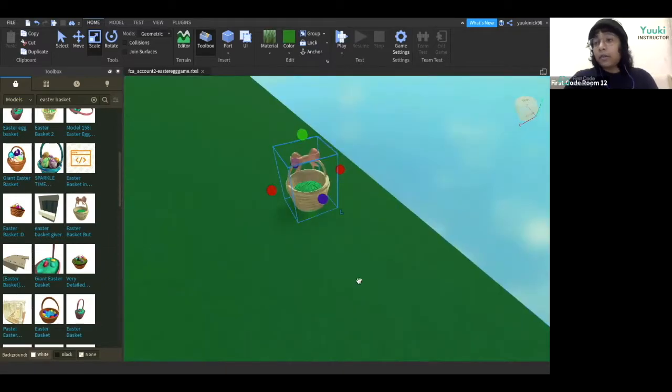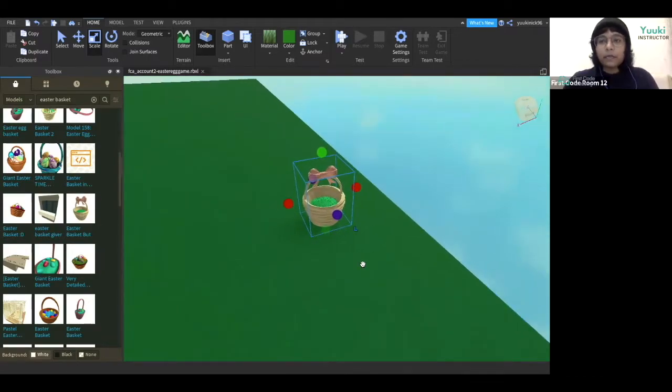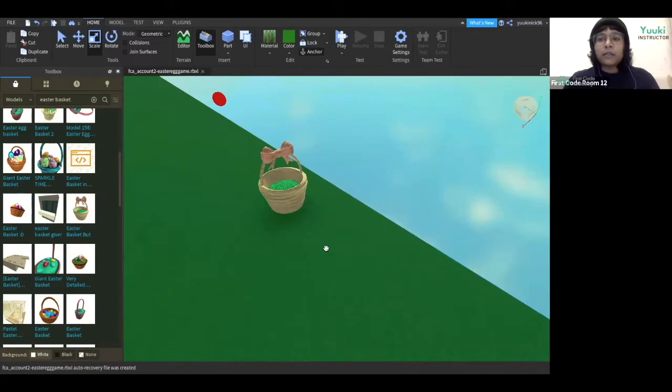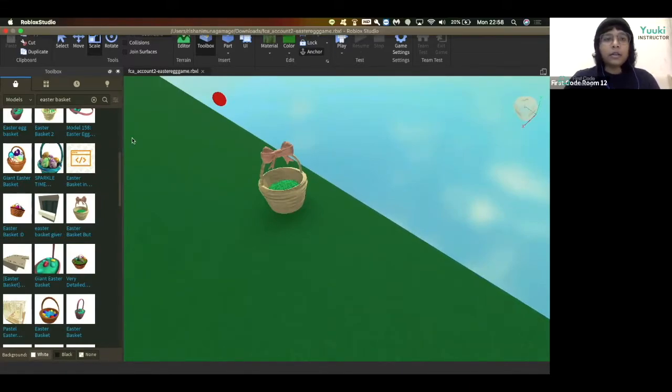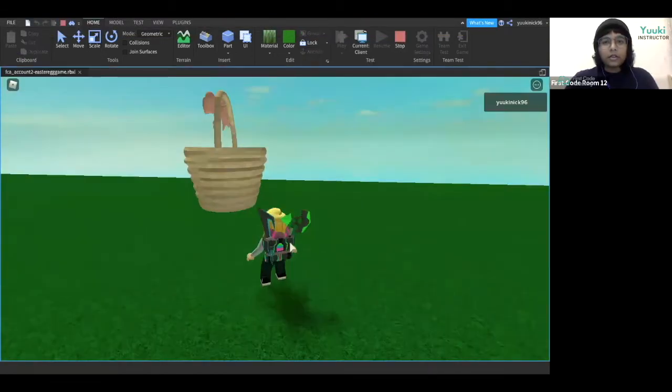So that it can hold an egg, but it's not too big for the player to jump inside it, which makes the game more difficult. So you can always try this out to see if the size of the basket is okay or not. All you have to do is click on play. Okay, so as you can see, the